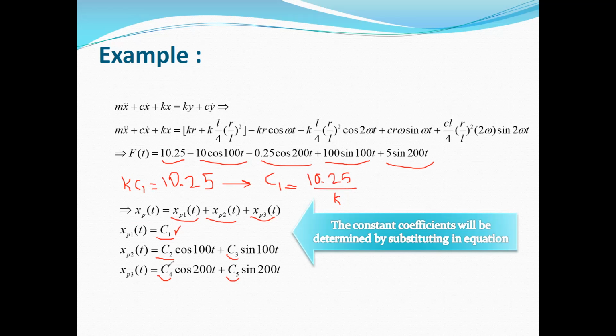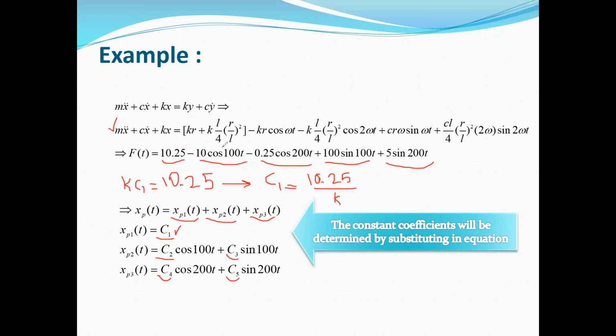For the second one, you need to calculate the first and second derivative of xp2 with respect to time. For example, the first derivative of this function is equal to minus 100 C2 times sine 100t plus 100 times C3 times cosine 100t, and the second derivative will be equal to minus 100 squared times C2 cosine 100t minus 100 squared multiplied by C3 times sine 100t. So this is the xp2 double dot, or the second derivative of xp2,